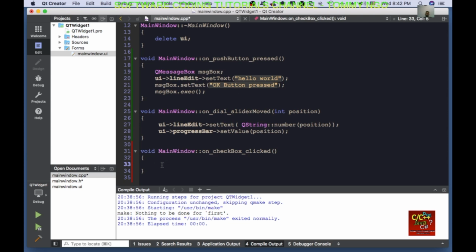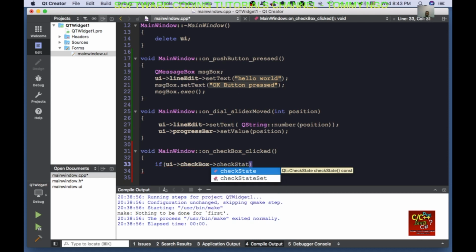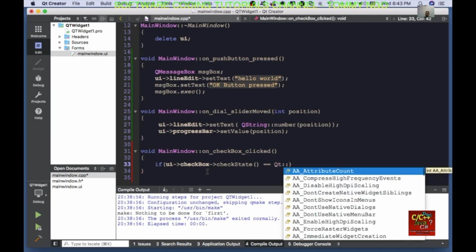Okay, here we can type in if UI checkbox, which is checkbox 1, and check for the check state. And if the check state is equal to Qt checked,